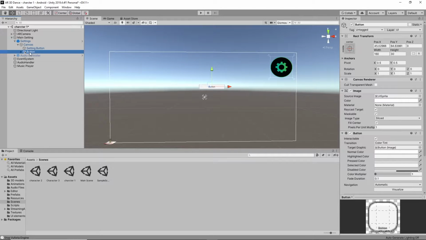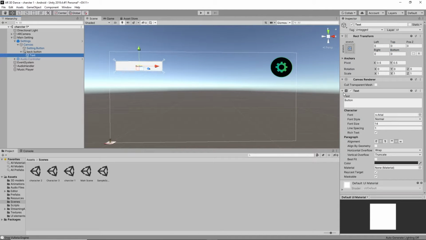It is added here, and you can add it here because the settings scene is the main scene, right? So instead of the setting name, you can add it like back button. I'm going to make it to the left top corner like this. Yeah, it was good. Now I'm going to make it like this, and in this text I'm going to mention back.